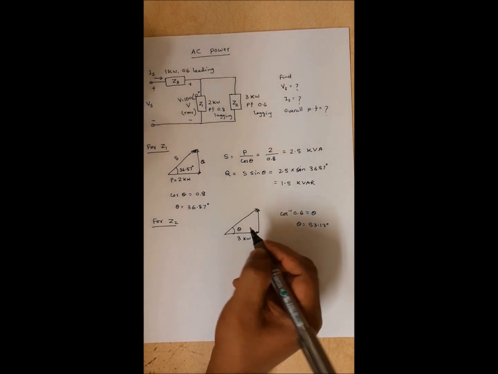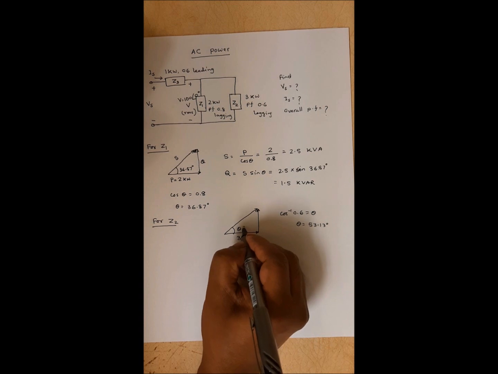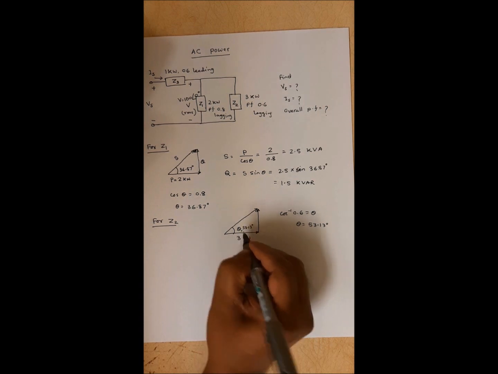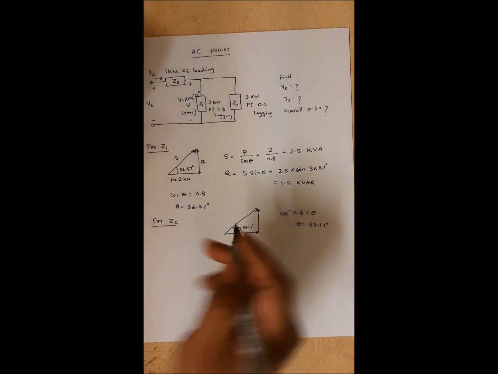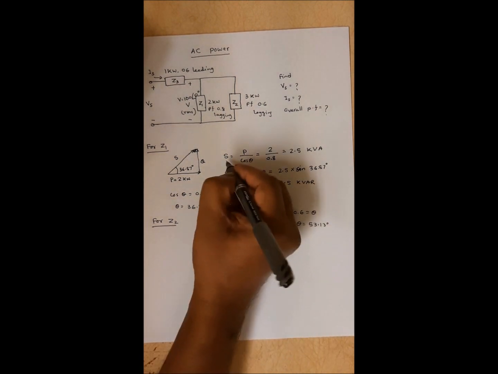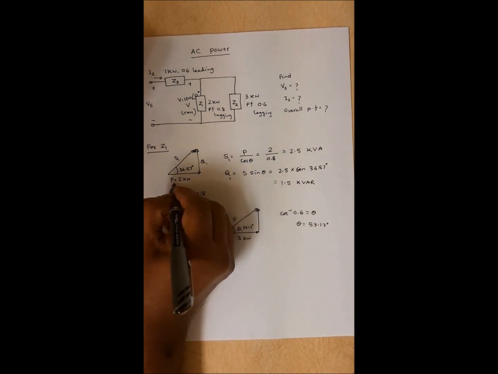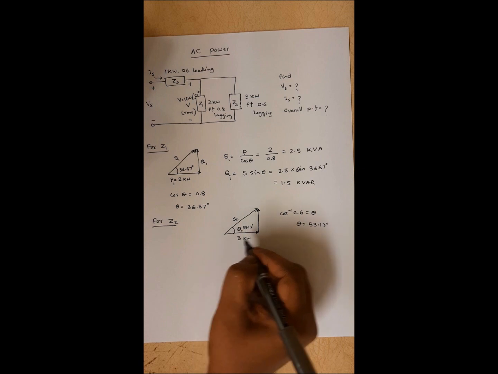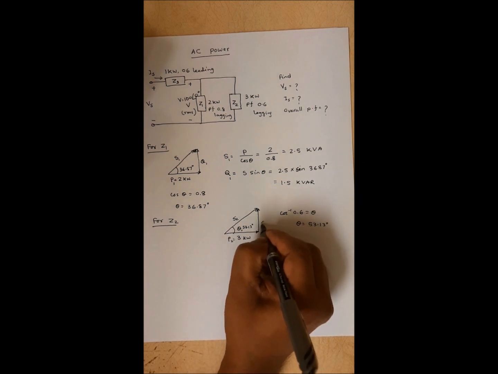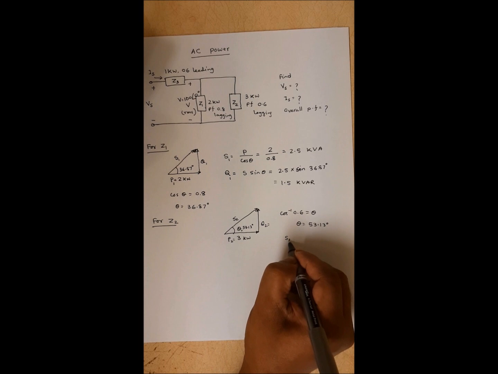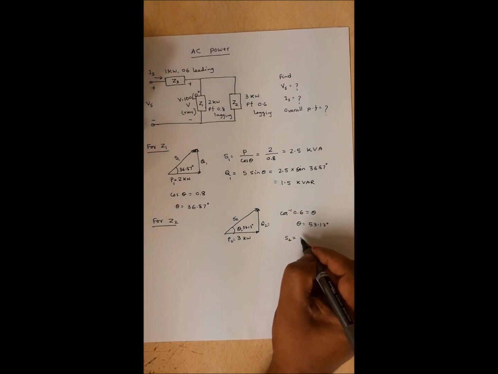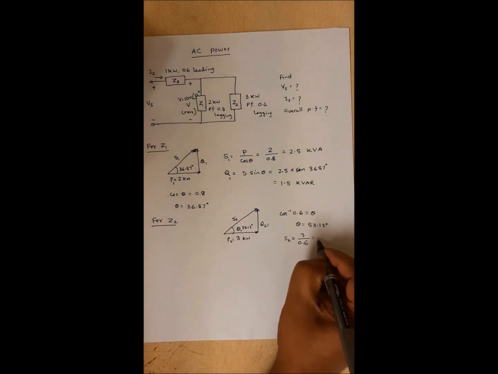So I get this 53.13. Now if I want to find this value S, so this is S1, Q1. You'll get S2 equal to 3 over 0.6, so 5